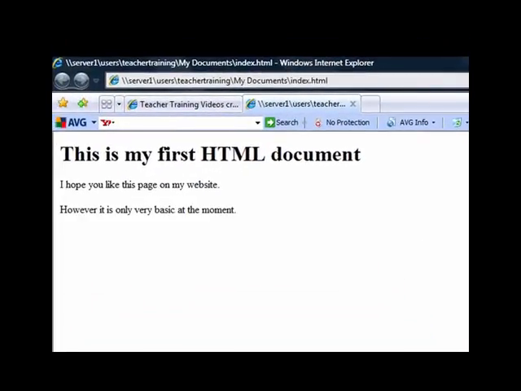Great. So now we do have some text that's got a carriage return after it, and we can imagine that if we had a lot of text here, then this could be paragraph 1, this could be paragraph